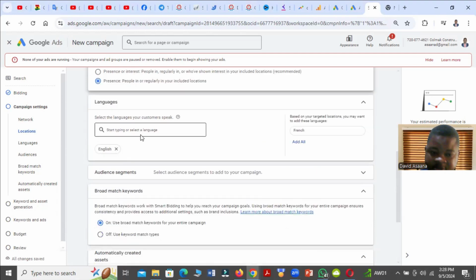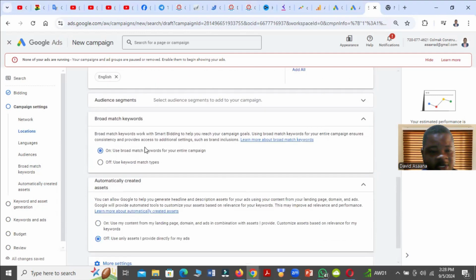Then from there, you come and choose your language. So this one, I want English. Then you scroll down further and then we have broad match keywords and then off. If you put this one off, it means you don't want broad match keywords. However, from my experience, normally when you choose,